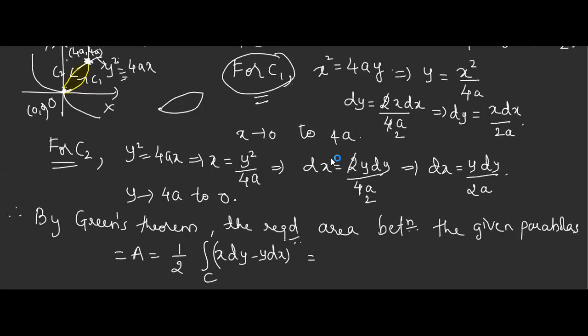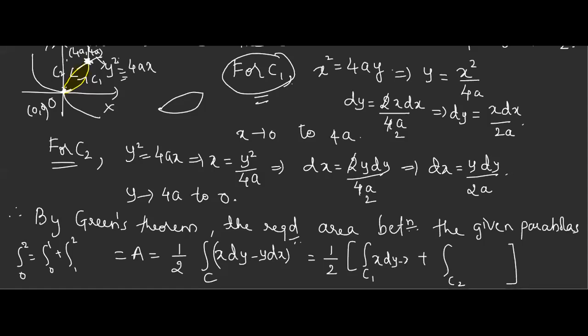Now this C is made up of how many parts? Overall C, 2 parts. Correct. Suppose you have an integration from 0 to 2. Can I write it as 0 to 1 plus 1 to 2? Are they both one and the same? Yes. So starting and ending point. My C is made up of 2 parts, so I'll write half, then integration over C1 plus integration over C2. Am I right? Can I write like this?